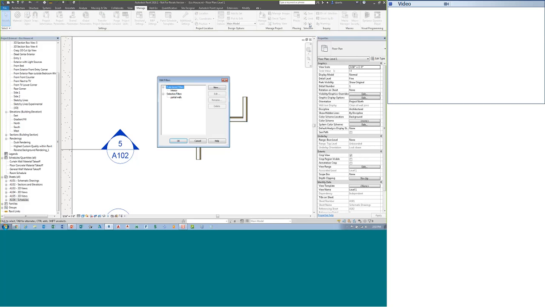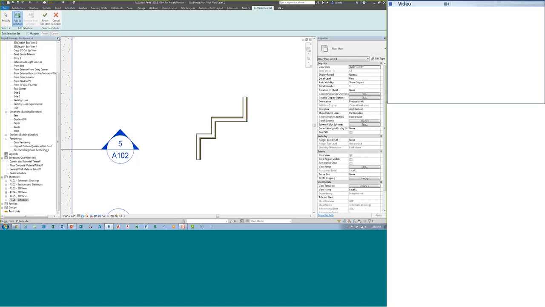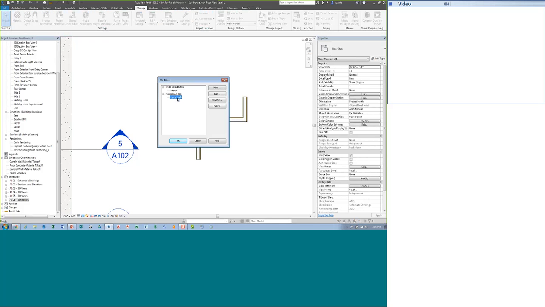Lastly, if I click Edit and I select the partial walls and click Edit, it goes into this editing mode, and it shows me what I can and cannot add, and I can add multiple as well. So I'm going to say Add to Selection Set, this one, and I'll use multiple and pick these as well, and hit Finish. And now it's been redefined, so if I click Finish Selection, that partial walls is now created